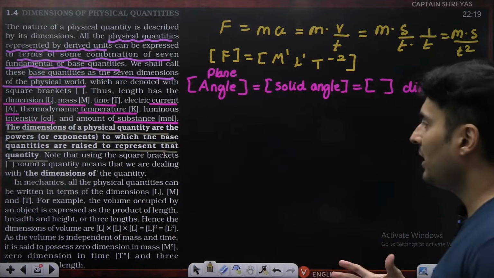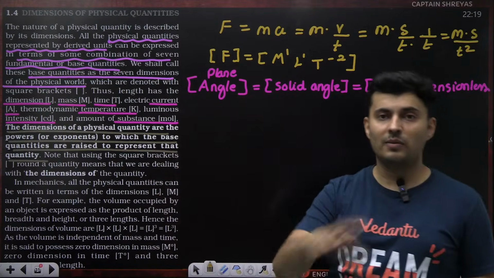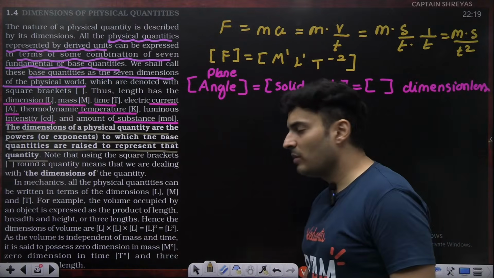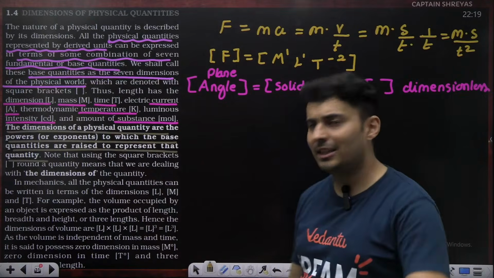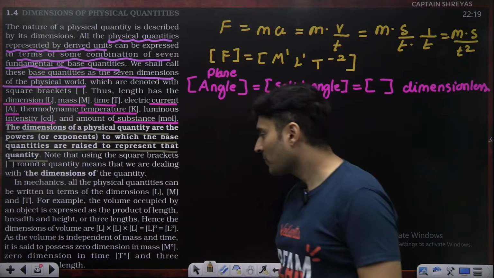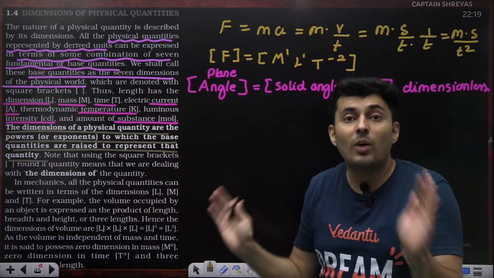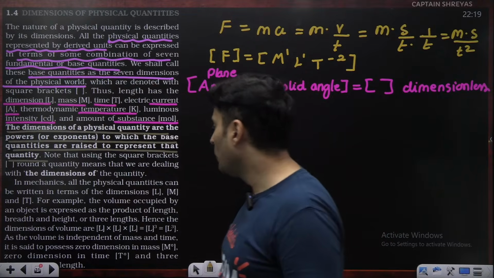So all physical quantities, no matter which quantity you take, can be expressed in terms of fundamental quantities with the help of these dimensions. Take the example of volume. Volume is side cube. Side is measured in length. So L raised to 3. Now whether you put 3 outside or inside the bracket doesn't matter. It's one and the same thing. Don't get scared. I hope this is clear.